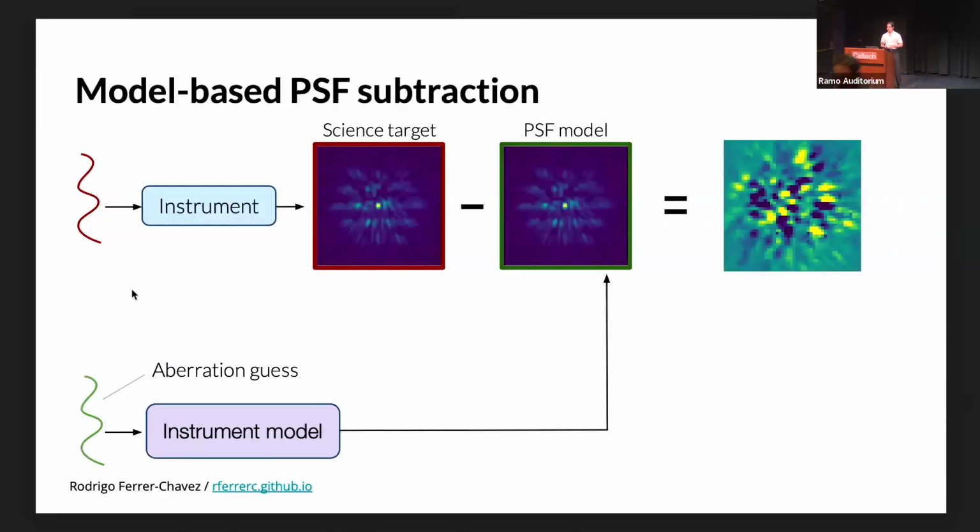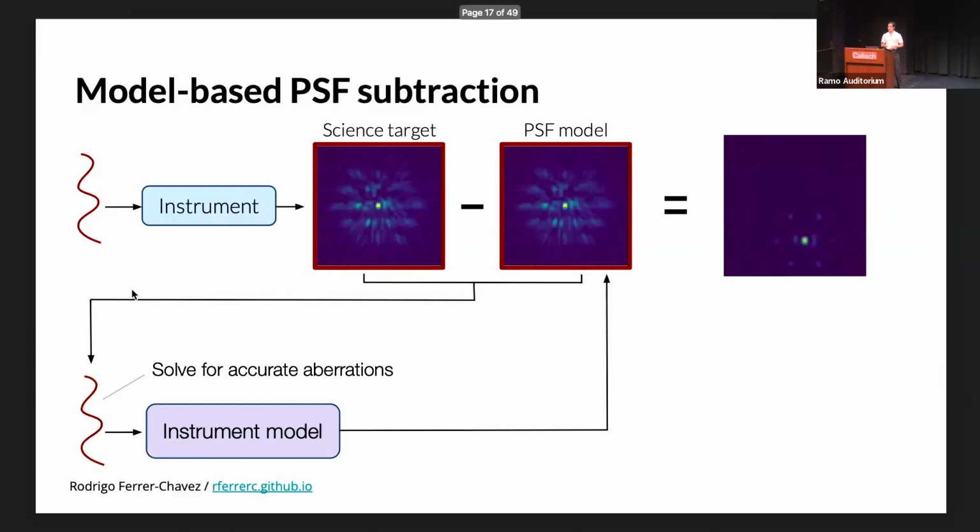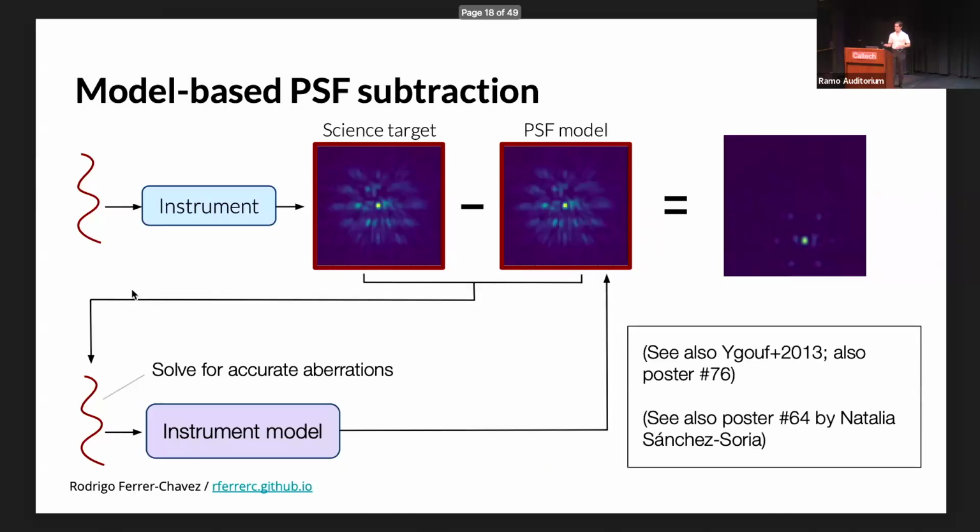You can have a little feedback loop and iterate and solve for effectively accurate aberrations until you get, hopefully, a good match that can also be accurate to the photon noise level in this case, by the way, though not necessarily, and you can actually find a planet. Now, of course, this is a very old and classic idea. There are some classic papers on this. There's a poster here, and I want to highlight also Natalia Sanchez's paper that is applying a similar concept in